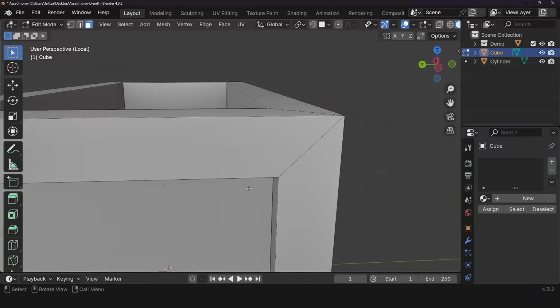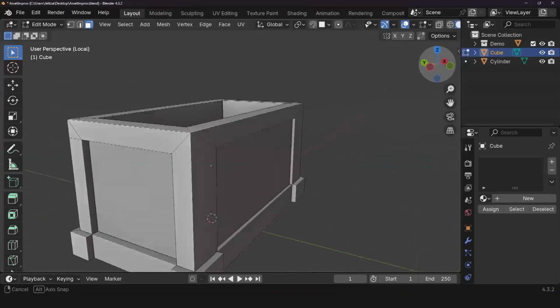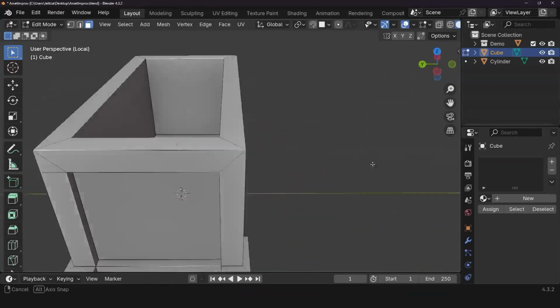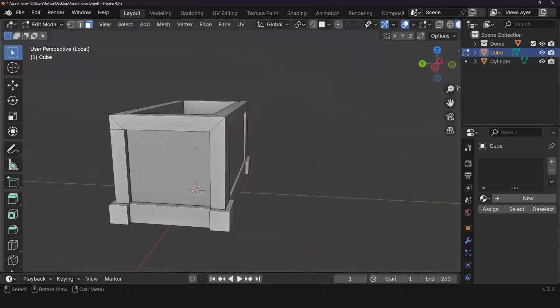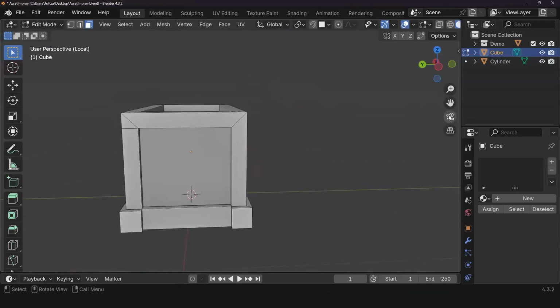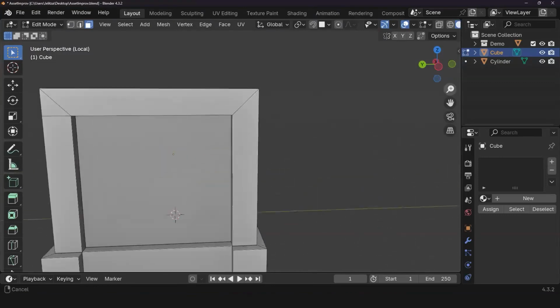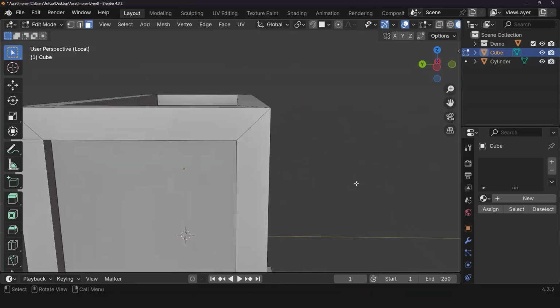So I have a question for you guys. How many of us do our turning and panning with these tools at the side? Give me a thumbs up if you use these tools to navigate. Sometimes. So I'm going to tell you, stop it. Stop that right now, and I'll tell you why.